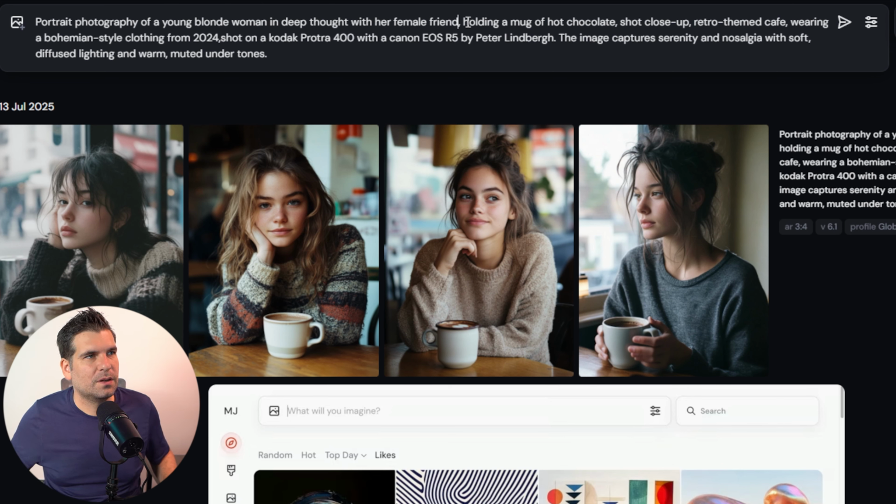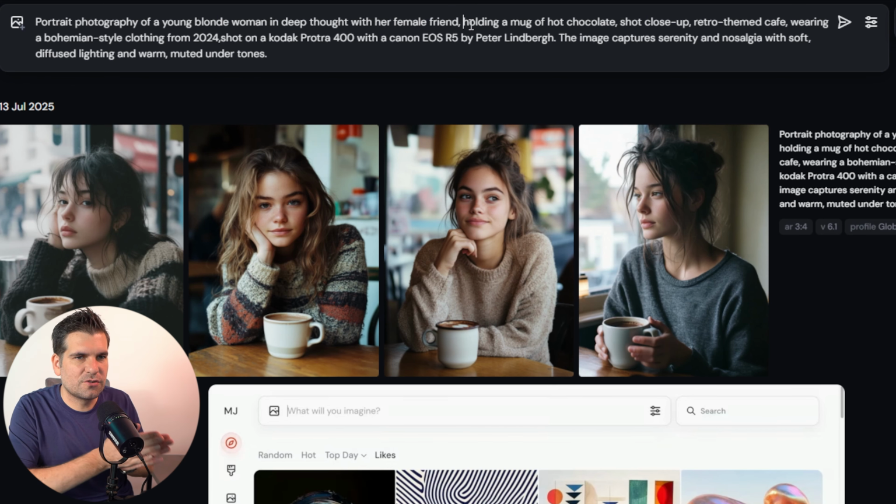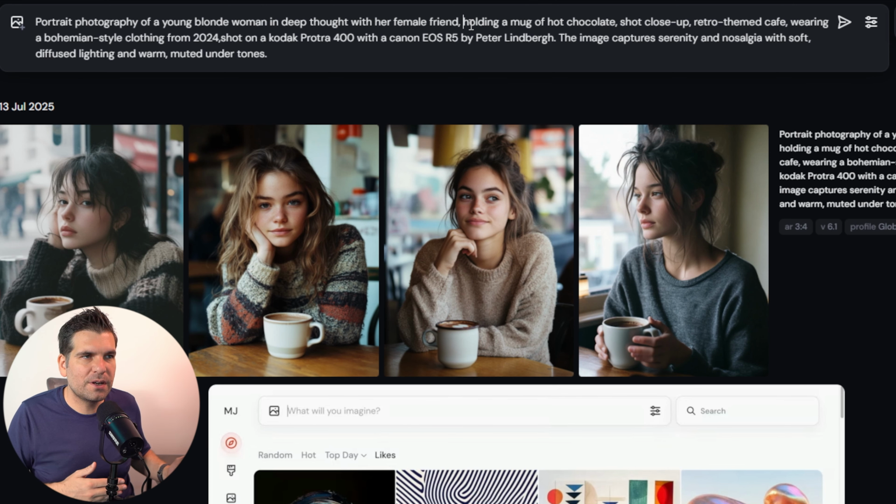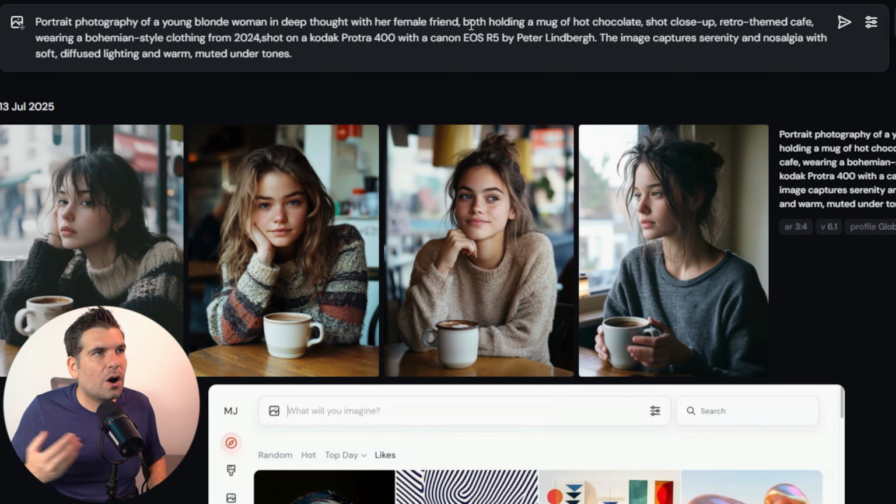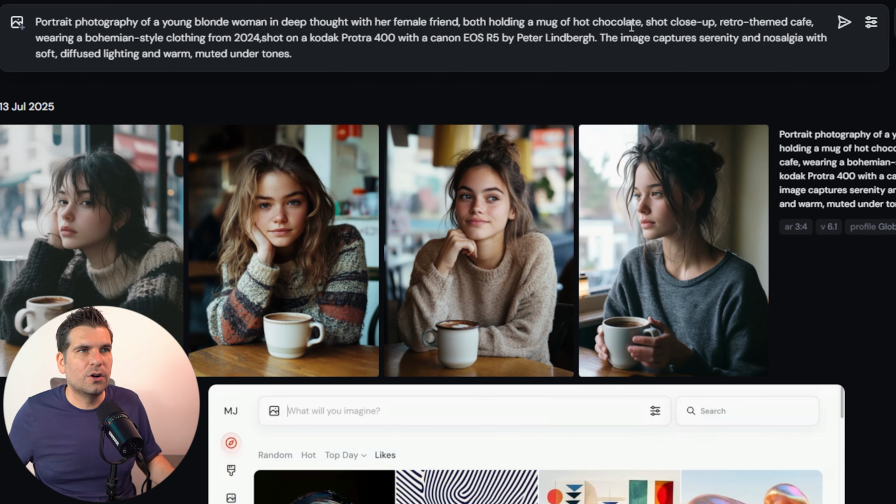and I'm going to say there's an action after this. So once you've described what it is that you want, which is a portrait photography of a young blonde woman deep in thought with her female friend, you need to give them an action. So they are both holding a mug of hot chocolate. The shot after that is going to be a close-up shot, and then we're going to say that it's in a retro-themed cafe. Now we could change this to, let's say,